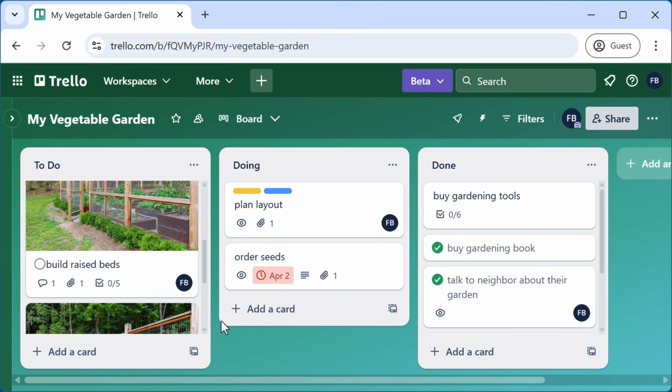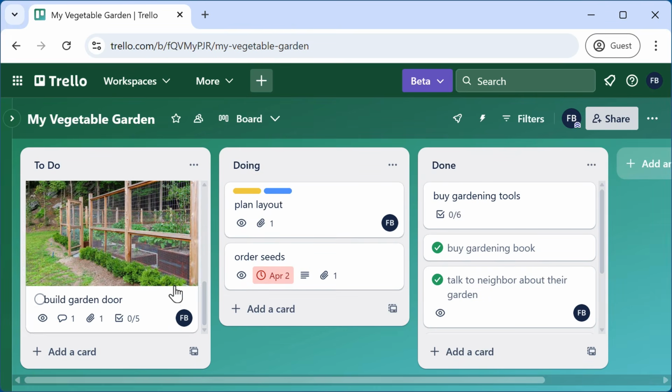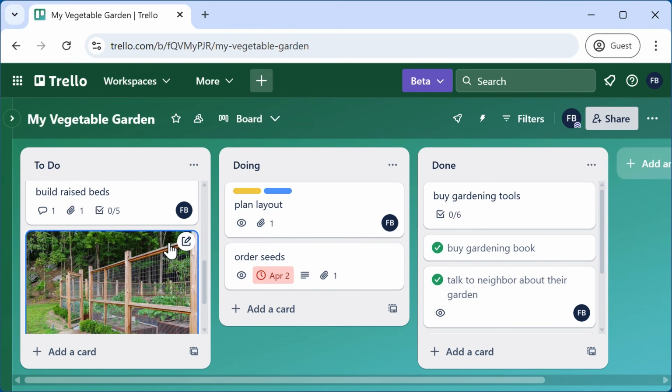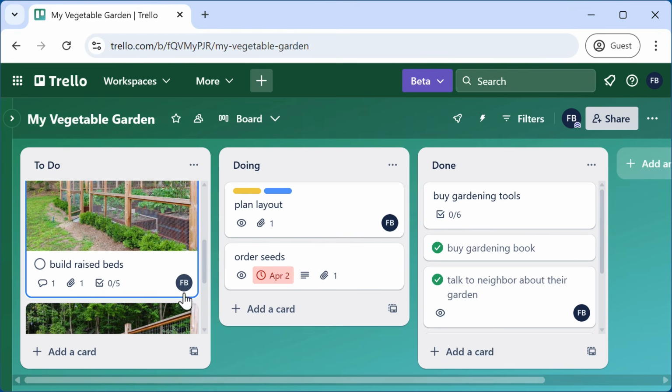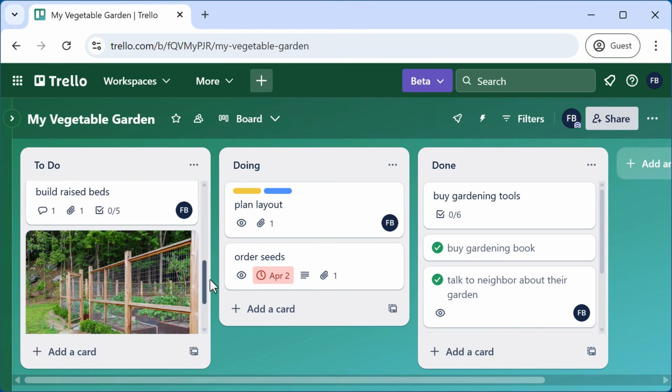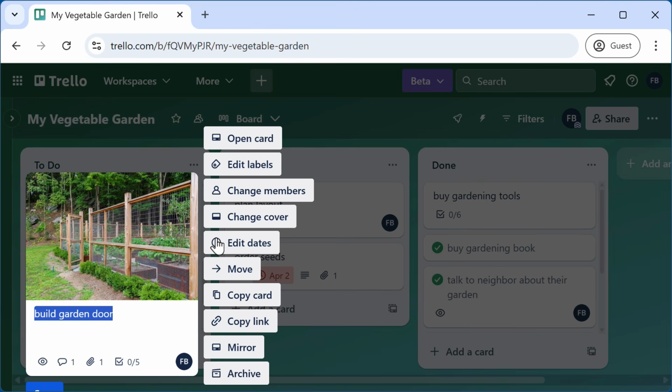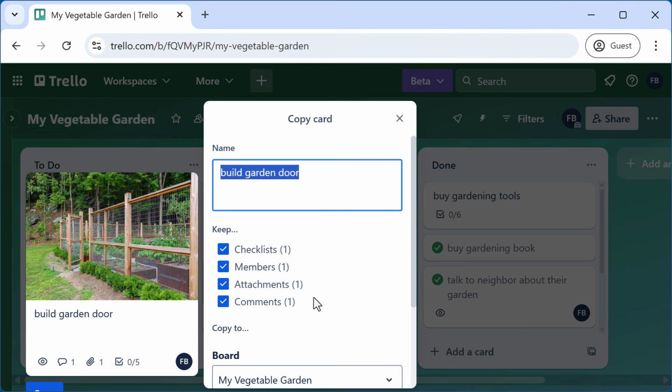Another way to copy a card is from the board view. Simply mouse over the card that you want to edit. Click the Edit Card icon and select Copy Card.